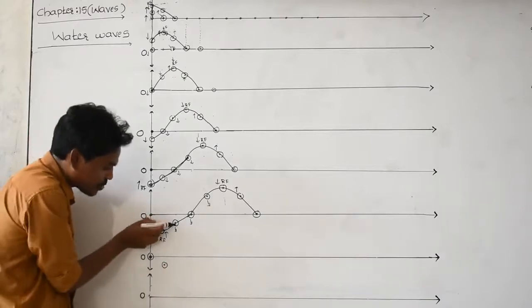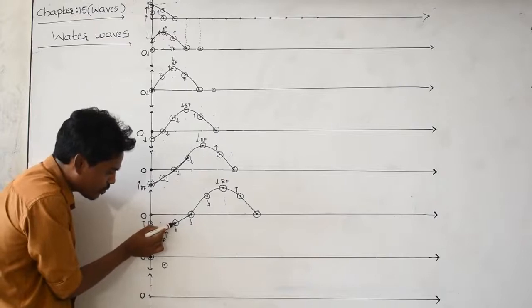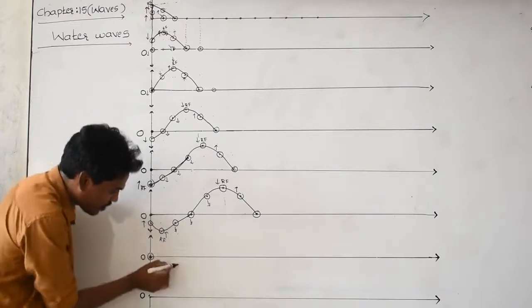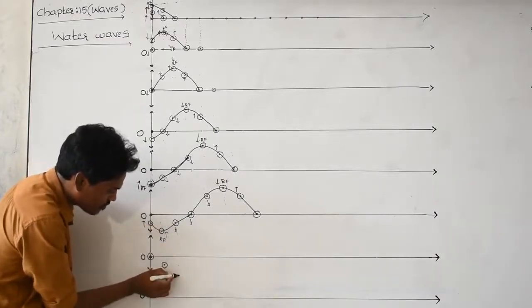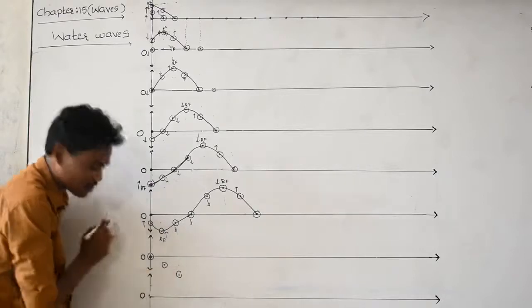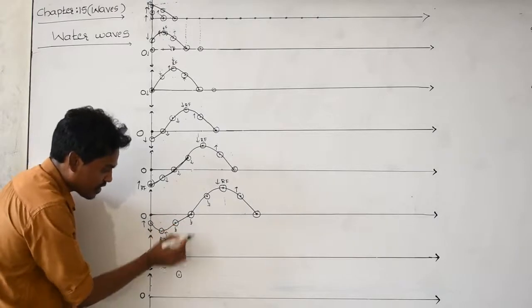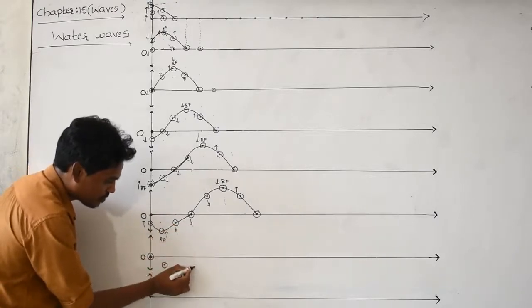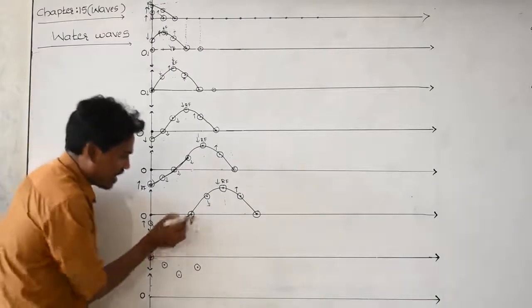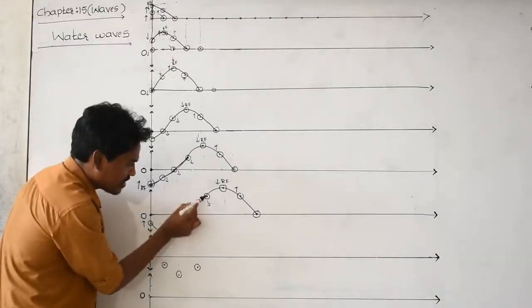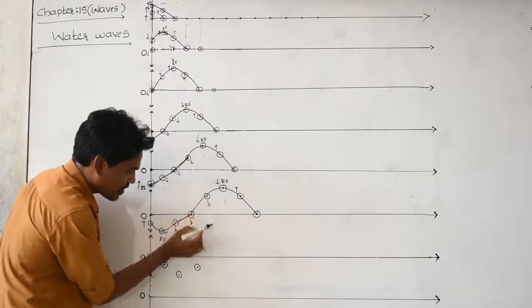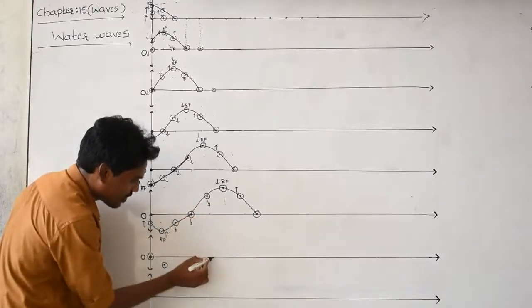And what is the direction of this particle? Downward. It is moving from this point to this point. I am showing this point to this point. And this point is moving from here to here. Yes, are you getting what I am saying? And this is moving in the downward direction. It is reaching from this point to this point. Yes, here to here I am showing, that is this point.